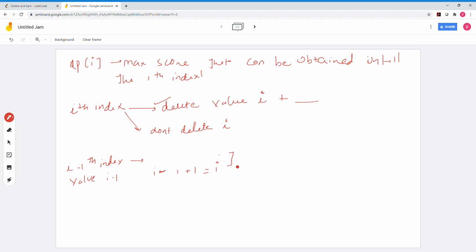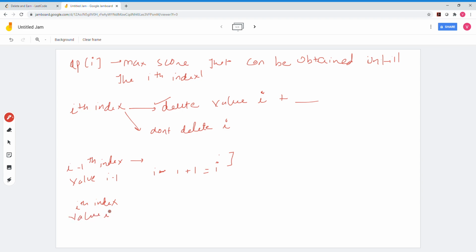So in order for i to exist in this step, I should not delete the value i minus 1. Let me repeat myself. In order for i to not get automatically deleted, when I am at value i minus 1, I should not delete the value i minus 1, right? So now let's come to the ith index where the value is i.